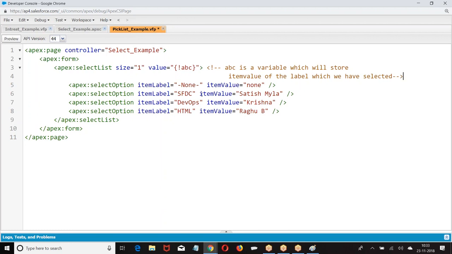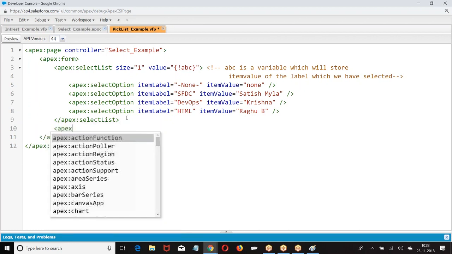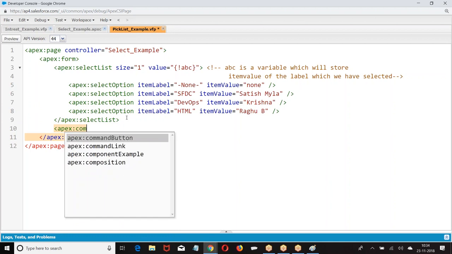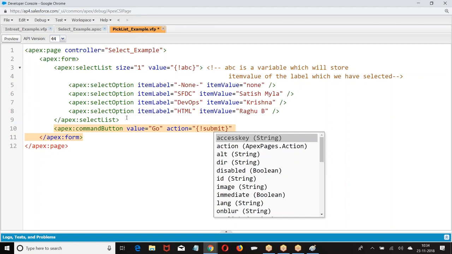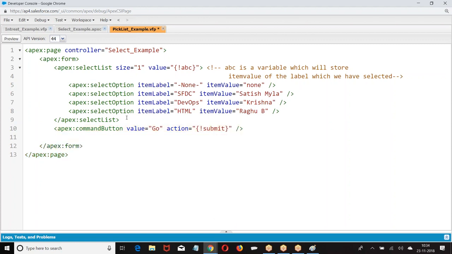That is saved in that variable called ABC. Now look at this. I am giving a button. Action. I give result. Let us see.